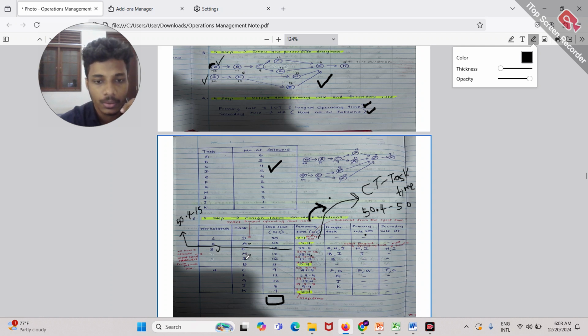Because I is the I task, the operating task time is higher than the B. Therefore, we put I here, right? 23.4 minus 12 is 11.4. You can allocate this 11 as well, B. Therefore, we allocate this B